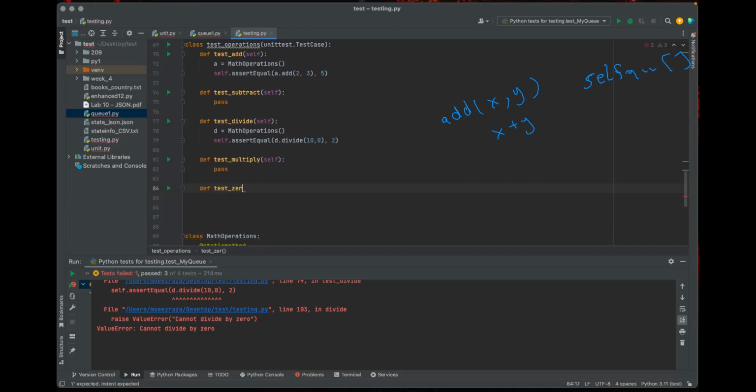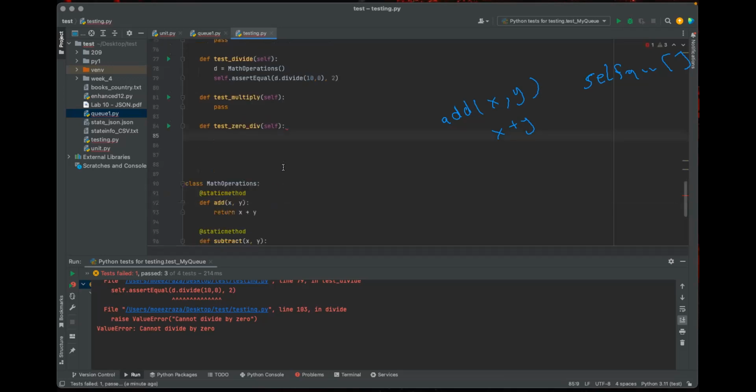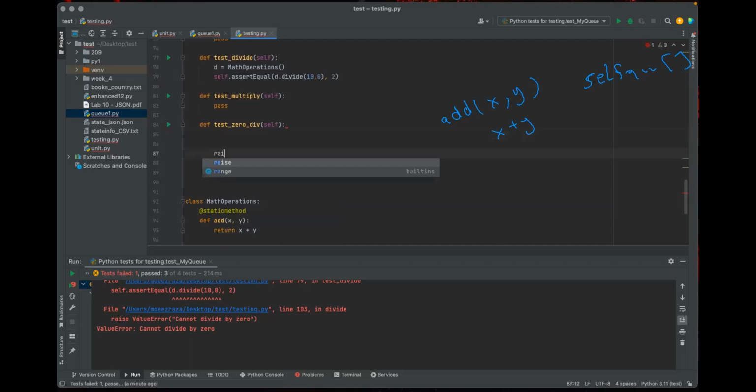And this time, test that your code is going to raise a value error. Do you still remember how we do that? I think so.